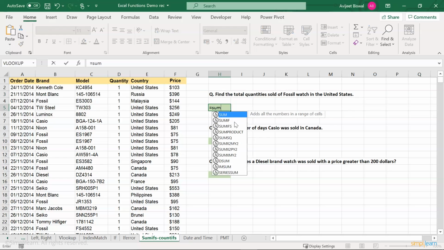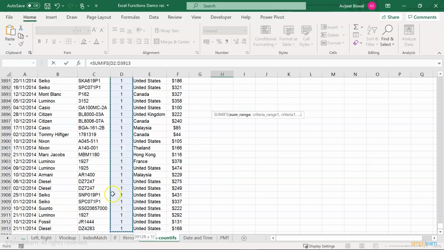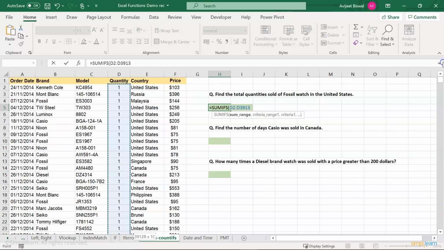I'll write equal to SUMIFs. I'll hit tab to autocomplete. The first argument is sum range. So since I want to find the total quantities, my sum range would be from D2 to the end of the column, which is D3913. Let me go to the top. Alright, comma.